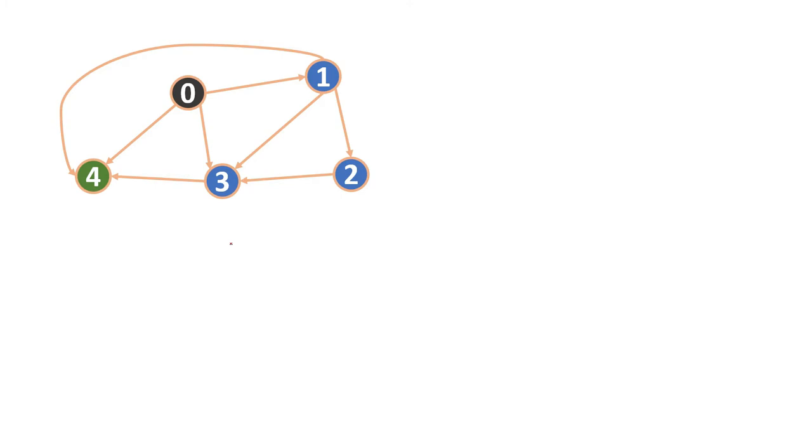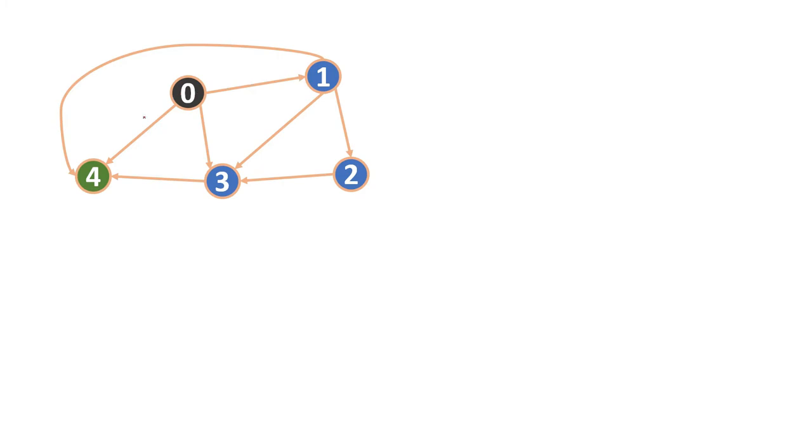To traverse the graph, we have two options: either we use BFS or DFS. We will use the DFS technique to solve this problem. So what we can do is start from 0, and our goal is to reach 4. We first have to check what are the adjacent nodes for 0. So that is 4, 3 and 1.